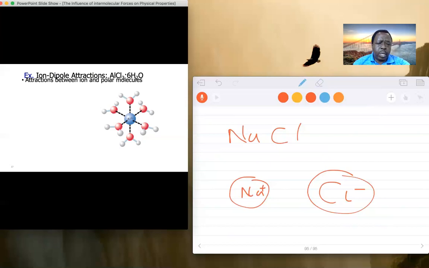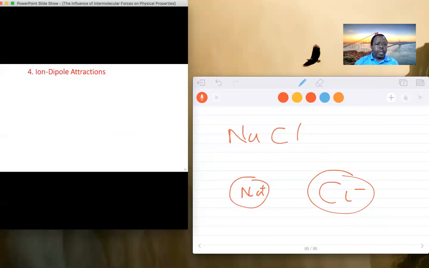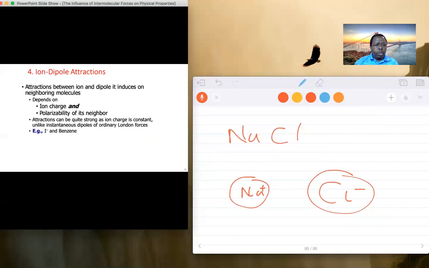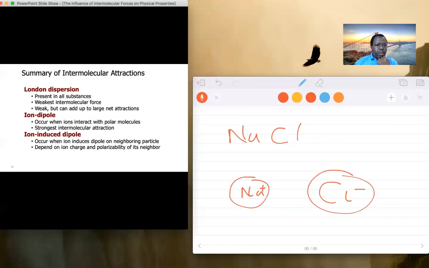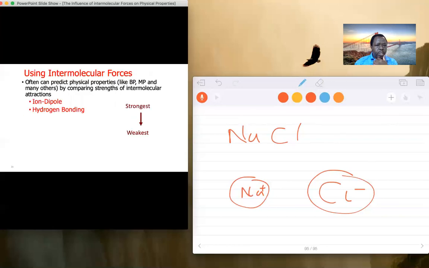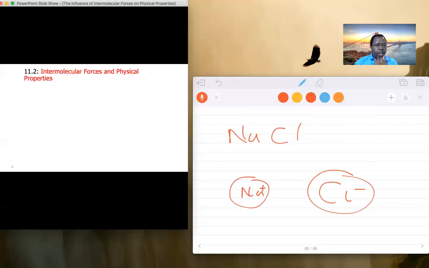If you're taking the lecture right now, it is important to thoroughly read the background. I'm gonna post this PowerPoint slide, and you should be able to read more. I'm gonna talk about how to draw the Lewis structure for a molecule later on, but I don't want to go into details before I walk you through the